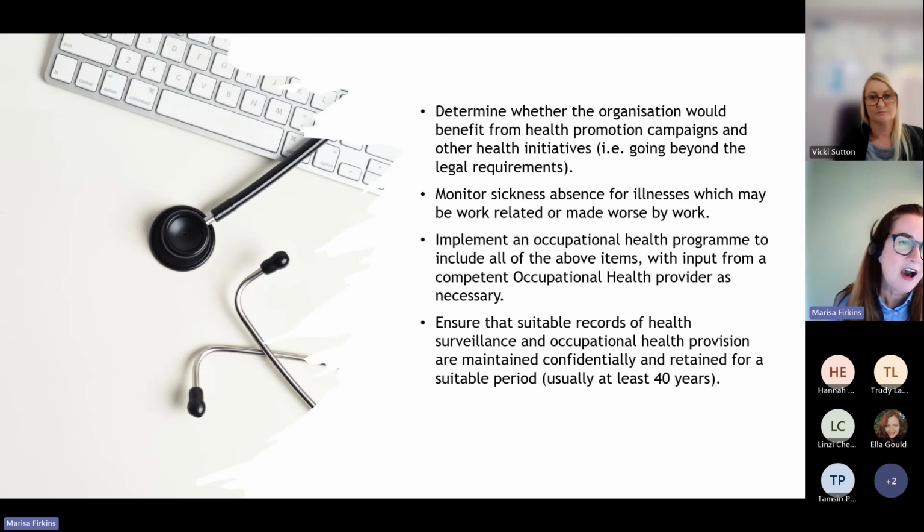Okay, so health records. Health surveillance records are different to doctors' records. It's not the same thing. Any data that you collect in the course of doing health surveillance or your occupational health provisions has to be retained for 40 years. And there's a really good reason for that. It seems like such a long time, but